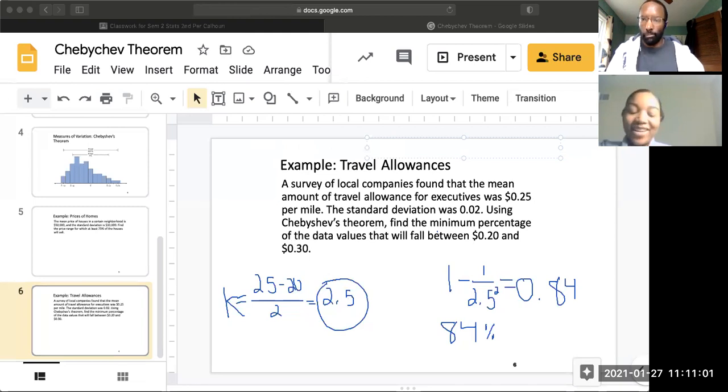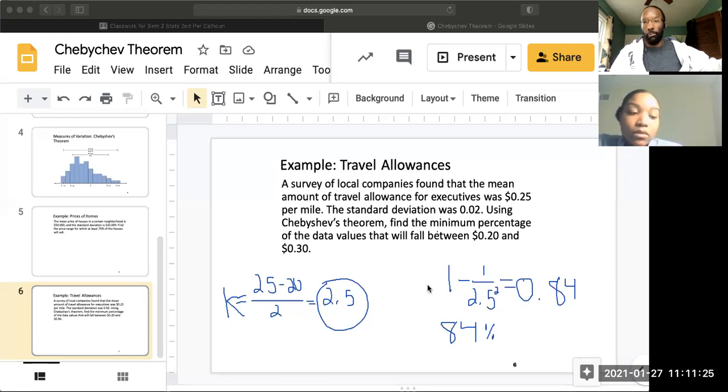Exactly. So let me not get into that. I'll get into that when I start doing standard distribution, about how to use a table and when we count by standard deviations. But the key with Chebyshev, like I say, is to figure out how many standard deviations